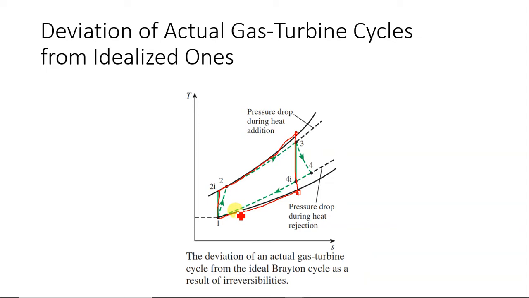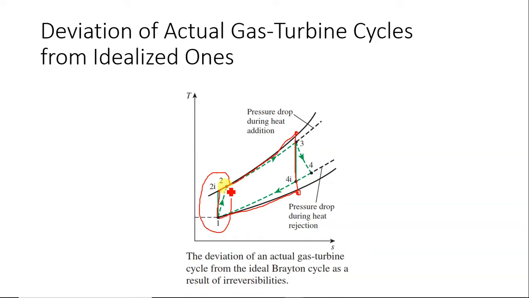This red color will indicate the ideal cycle. Now, in the actual case, what happens? This we are seeing in the numerical. Since there is friction during process 1 to 2, which is compression, entropy increases. Irreversibility is there. So here you can see 1 to 2 actual cycle, entropy has increased.